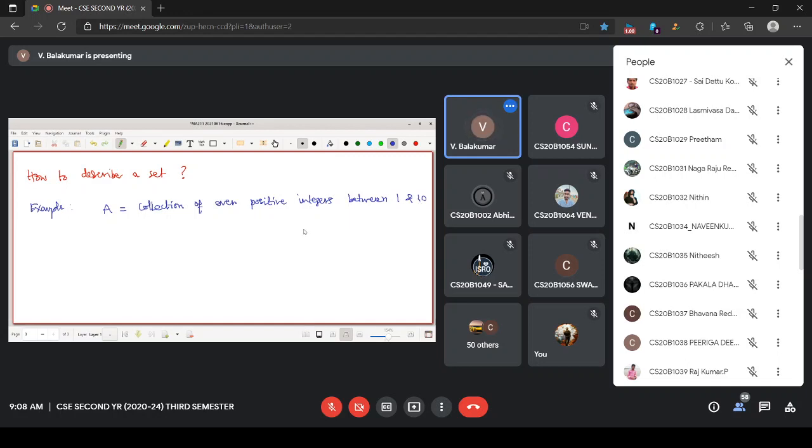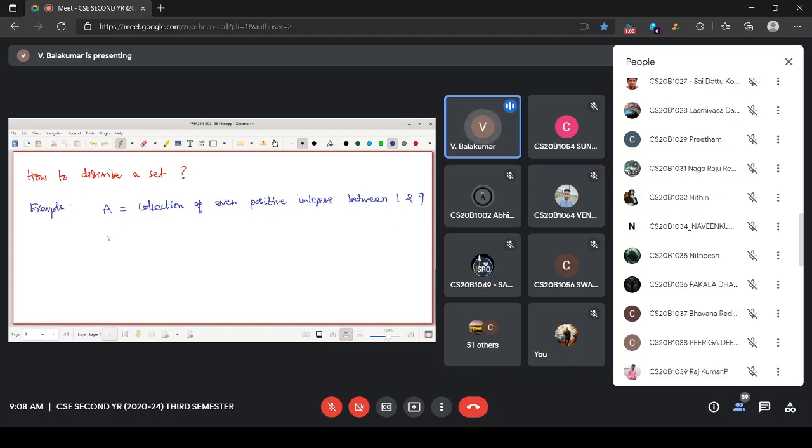Okay. Whether 10 should be included or not, that should be given clearly. Collection of even positive integers between, say, let me say 1 and 9. Then there is no confusion. This is one way of describing a set.